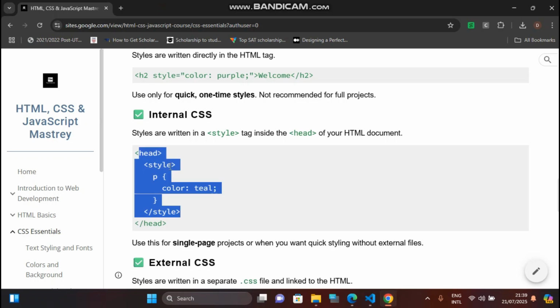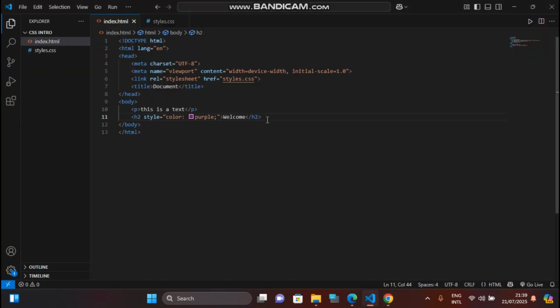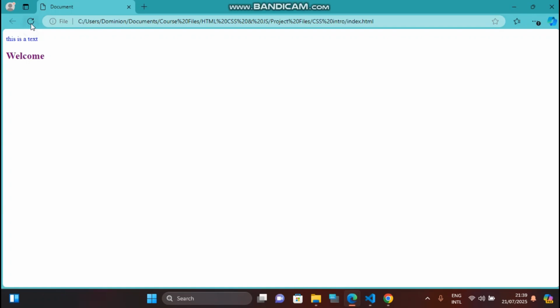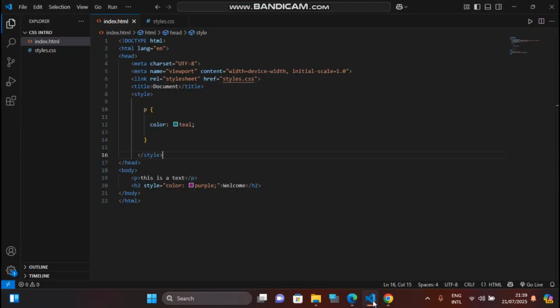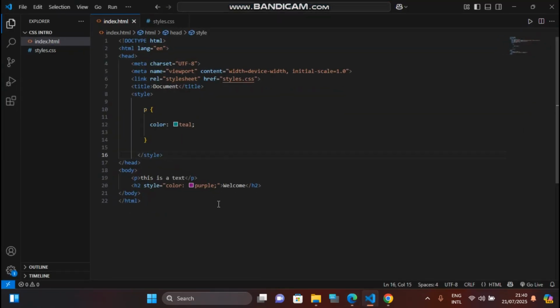So this is just a way of introducing CSS to your web page. Then let's also see this one in action. This style, the internal CSS. Let's break here. I'm going to paste it. I'm going to save it and run it in the browser. Okay, something called zero. They actually changed. So let me do something. Font size,